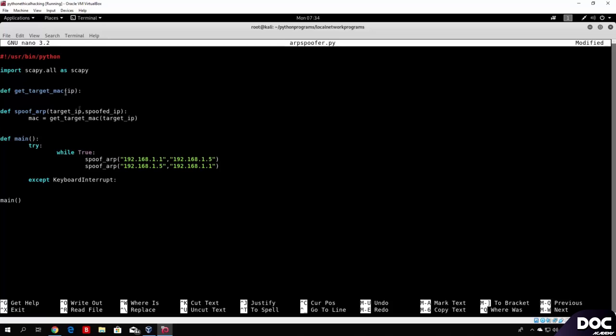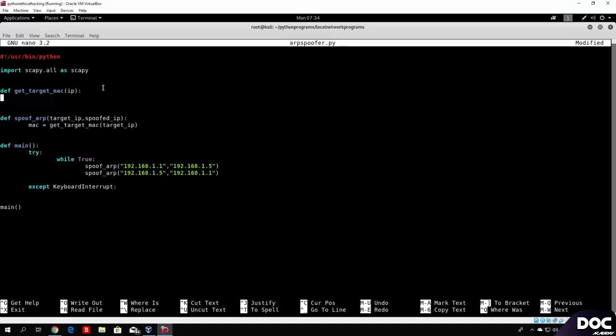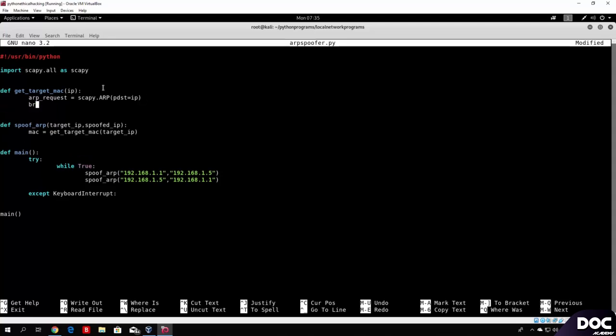Since we specified right here that we want to select an input of the actual IP of our target, all we need to do right now is specify the same process that we did in the previous video, which will get us the MAC address of the actual target. So we can select the ARP request, for example, since we are sending the request, to be equal to the scapy.ARP. We need to select the pdst, which is the destination of our target, to be equal to the IP of that target. And we also need to select a broadcast packet, which will actually be the Ether packet,